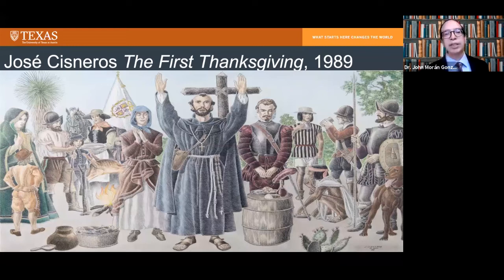I think the kind of, which is Jose Cisneros's sketch, The First Thanksgiving. Now, this particular work is a reminder that state power is in fact exercised and borders are created, right, and enforced. That is, there is a process of border making by state agents. And here, what's depicted is a Spanish colonial scene of the entrada of Juan de Onate into the El Paso region in